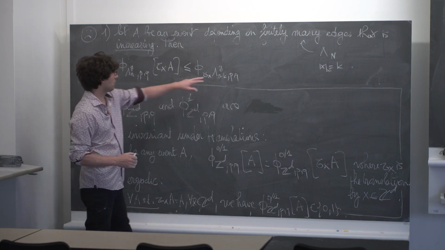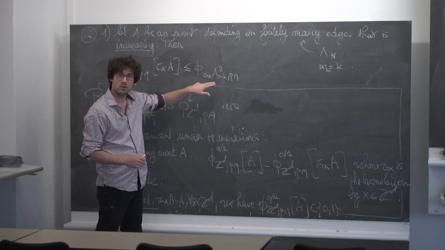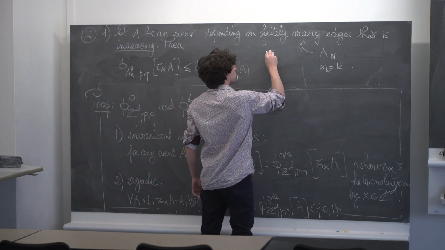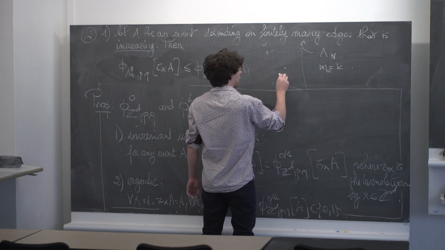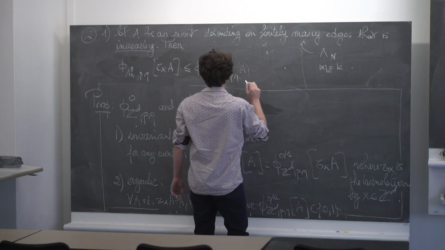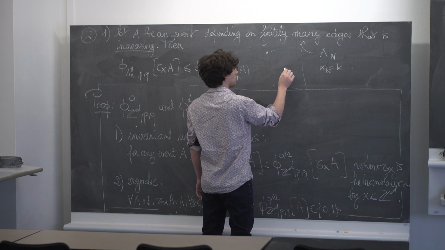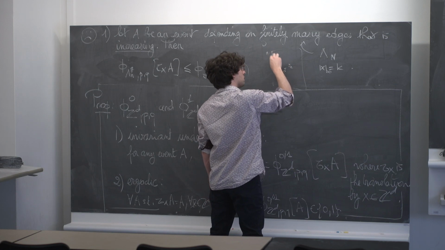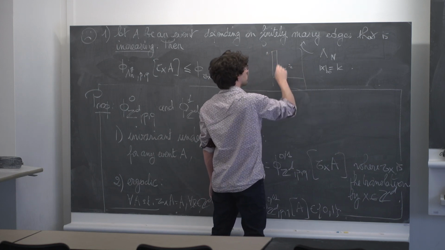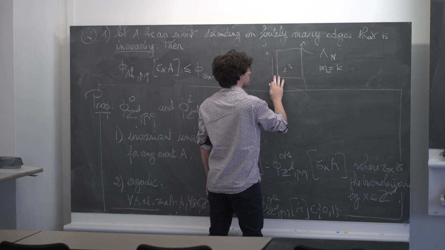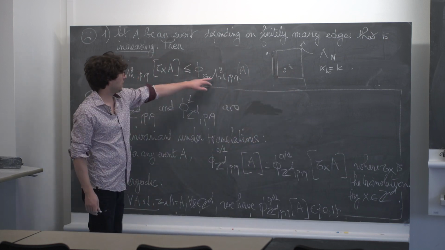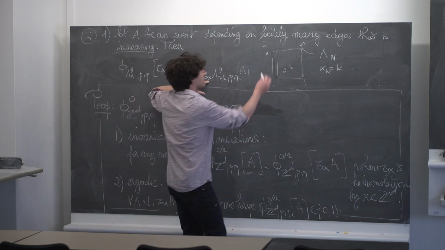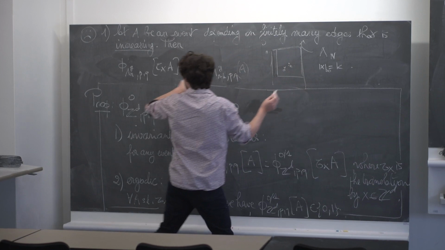I just observed that this graph here, so I have lambda n, and I'm just translating. Here I'm looking at the translate, let's say x is here, this is 0. I'm looking at the translate of n minus k by x, and observing that this graph